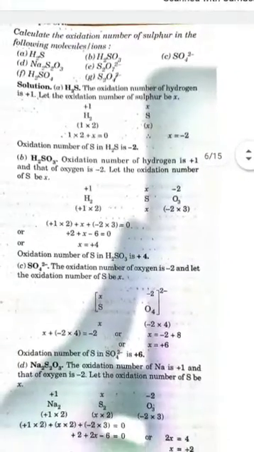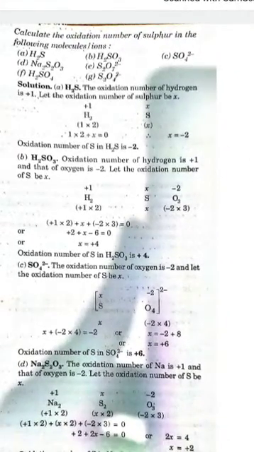As you can see here, you have to calculate the oxidation number of sulfur. Now, mind you, this is not valency. That concept you leave in your class 12th only. This is oxidation number. Valency is fixed. Oxidation number is not fixed at all. So, do not try to link this concept with your valency. This is not valency. I am telling you again and again. And you have to practice it because it is an important concept. Now you have to calculate the oxidation number of sulfur in all these compounds.